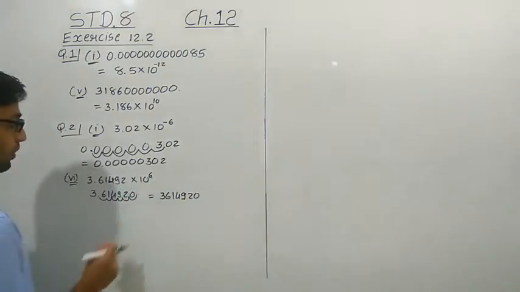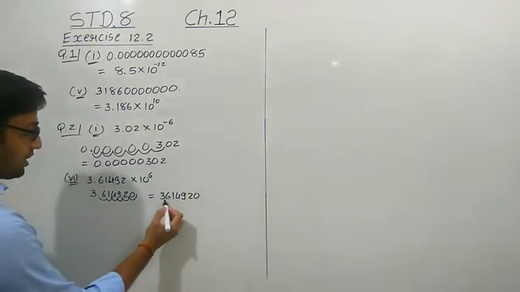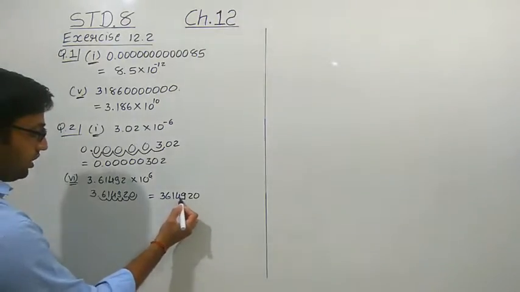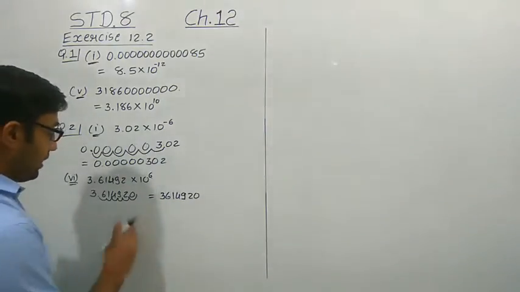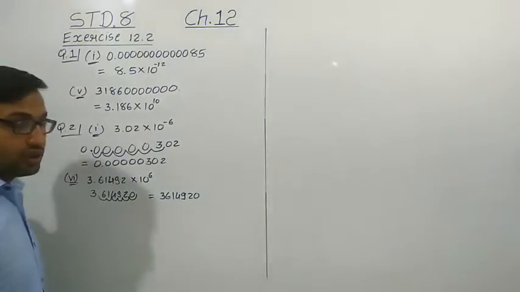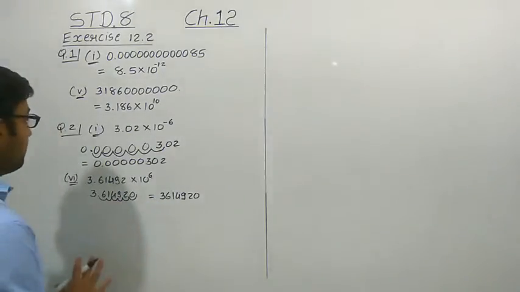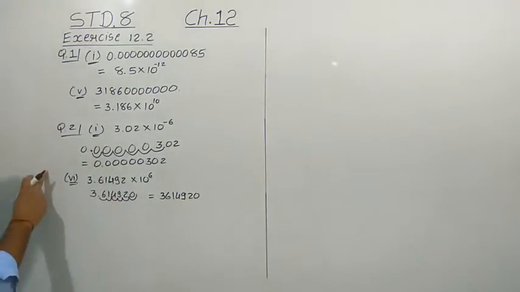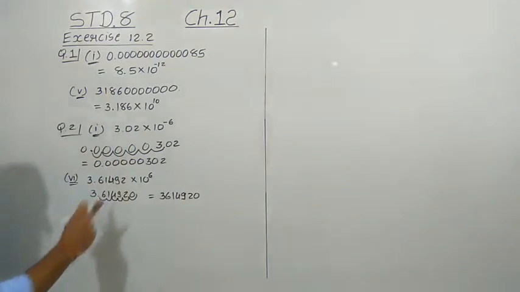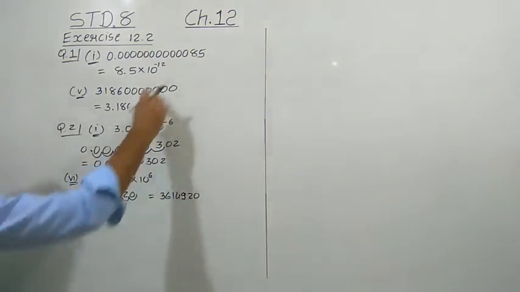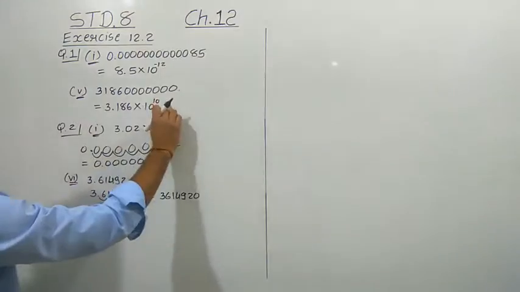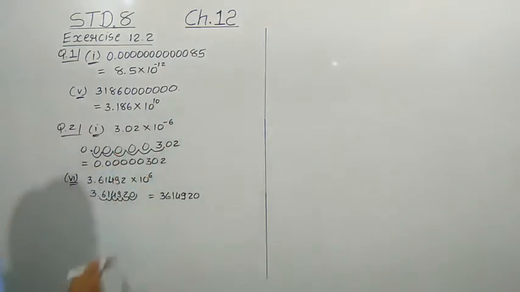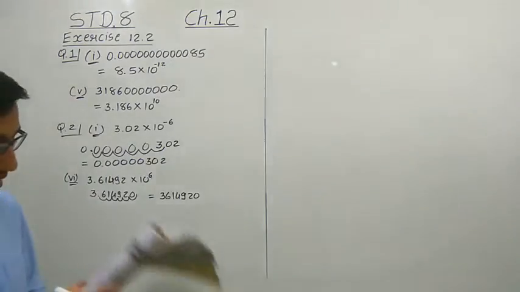So this 10 raised to power 6 is, we shift this decimal point from here 1, 2, 3, 4, 5 and 6 places. If there are no numbers, we can put the 0. Okay, so this is how we can convert the standard form into the usual form, from usual to standard, from standard to usual, for both the smaller number and larger number. We have taken one example.